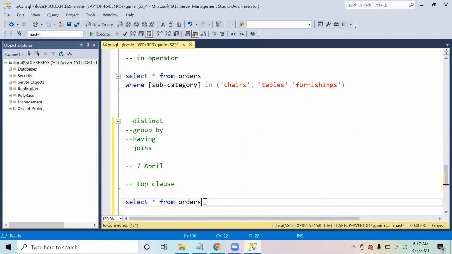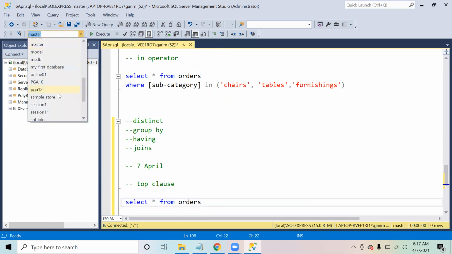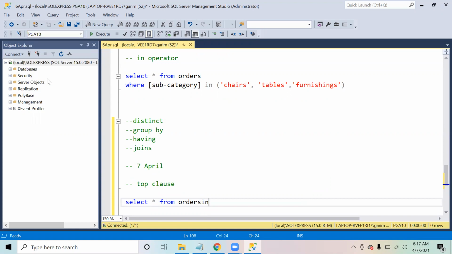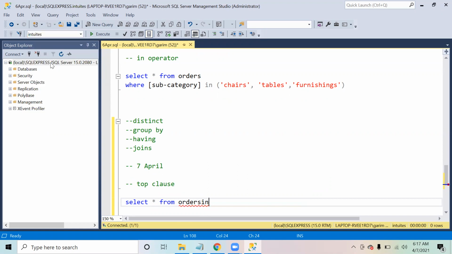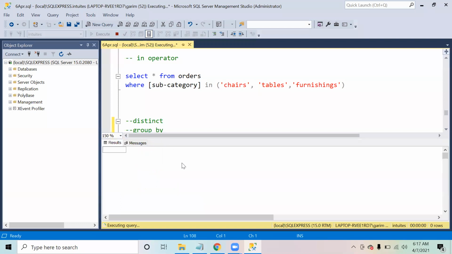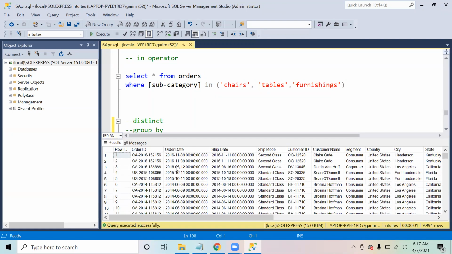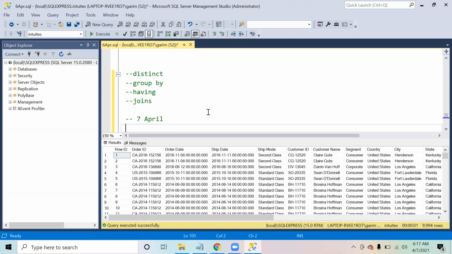First of all, let's just make a database active. So now see what we do is when we write the select star from orders, it fetches the complete data from that table.